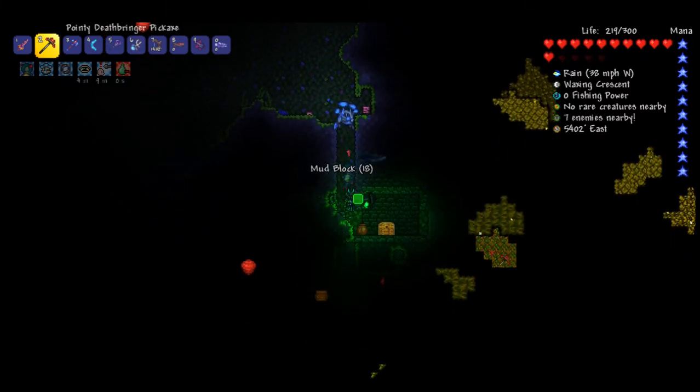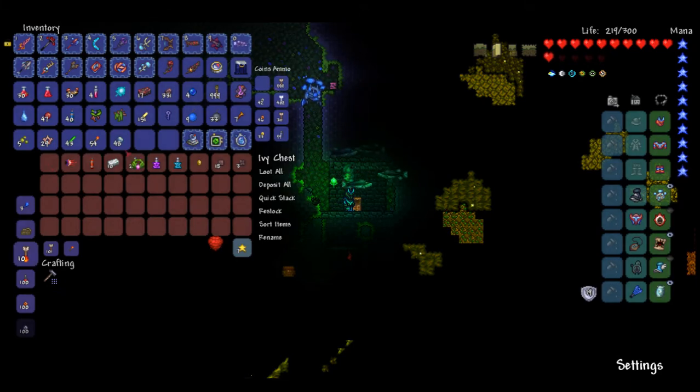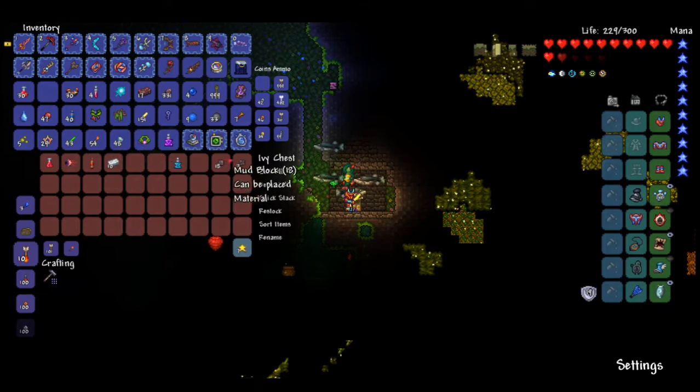Or 1.5. Alright, come on, something good, something good. Alright, aglet of the wind. Now we just need to go find an aglet, which I'm 98% sure we can actually craft. No, okay, I can't spawn that. Oh, I kind of wanted to spawn it and fight underground. We could use this to just honestly get out of here. Although